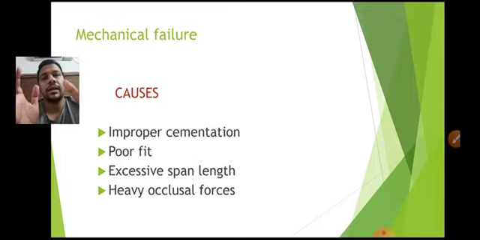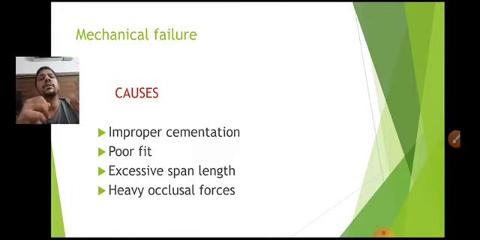If you are giving a very long-span prosthesis which does not follow Ante's law, it can eventually lead to failure. You won't be able to do anything, because initially the patient may be happy, but in the long run it won't sustain because of poor planning. If it fails, then you can think about other options, such as removable options or implant options.